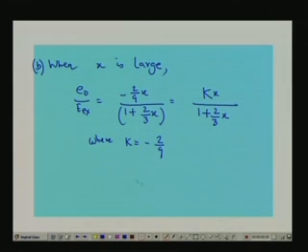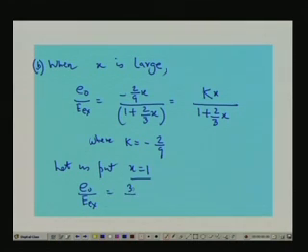Now, let us put, for an example, x equal to 1, which is large compared to x less than 0.1. So, usually we have taken x equal to 1, that means x is quite large compared to x less than 0.1. So, we will get the expression E naught by E x equal to 3 by